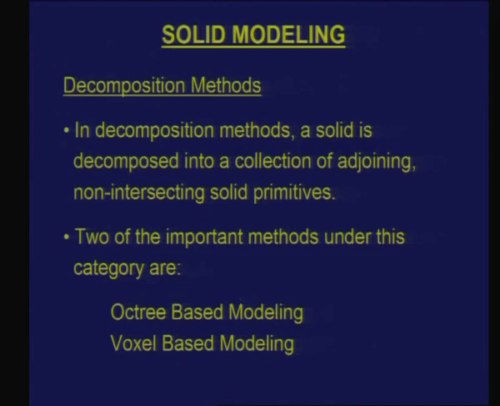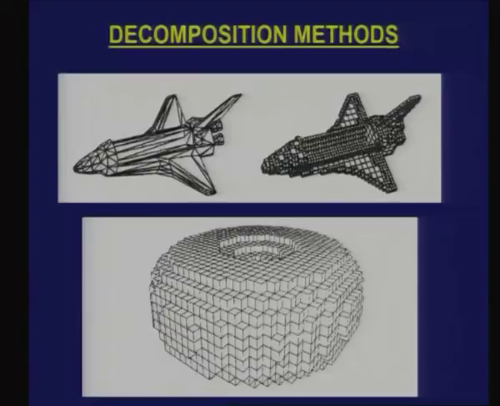Let us look at what these representations are, because there are certain operations for which decomposition methods have an advantage over all the other methods which we have discussed so far. We will look at those also. Here is an object. What you are seeing on the left is basically a boundary representation. Here is an object which is represented by triangles. Now when an object is represented only using triangles, it is still a B-rep, only it is a very special case of B-rep.